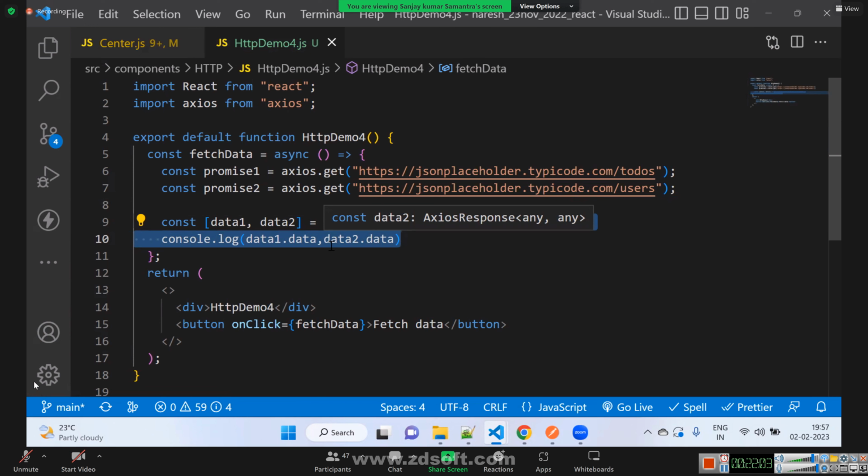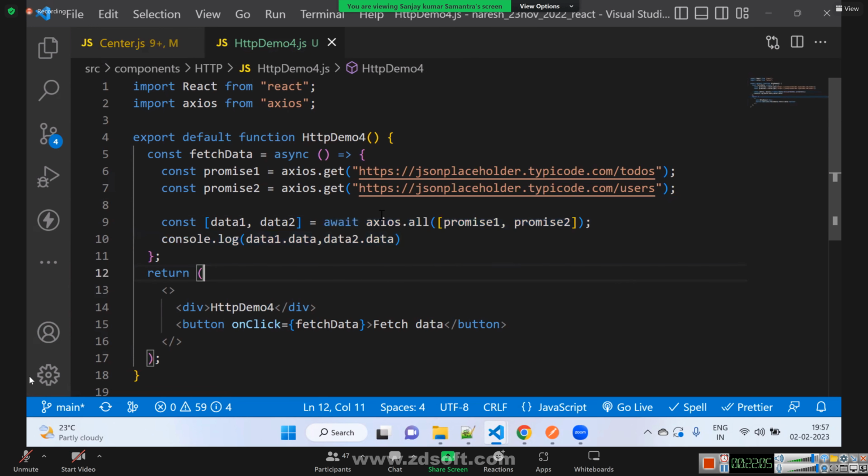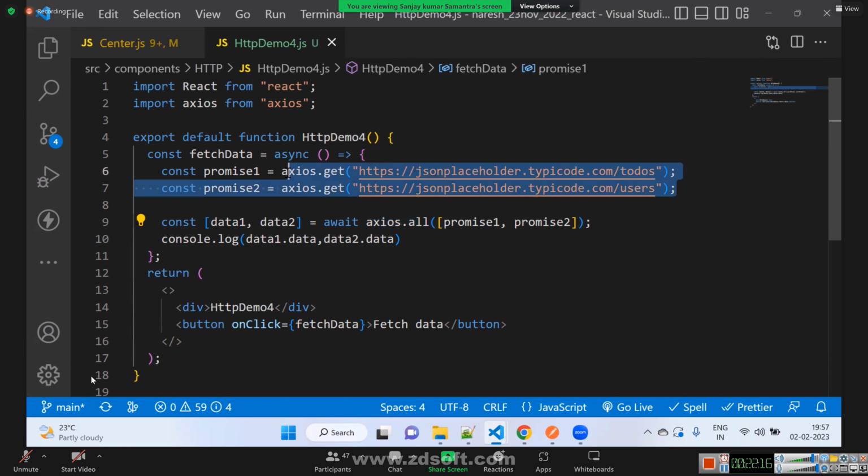We can achieve the same thing using fetch, but somehow we have to use either Promise.all or axios.all. Okay. If I have to fetch data at the same time, we have to use axios.all or Promise.all. So Axios can be used with fetch as well, is it? Yes. Okay.